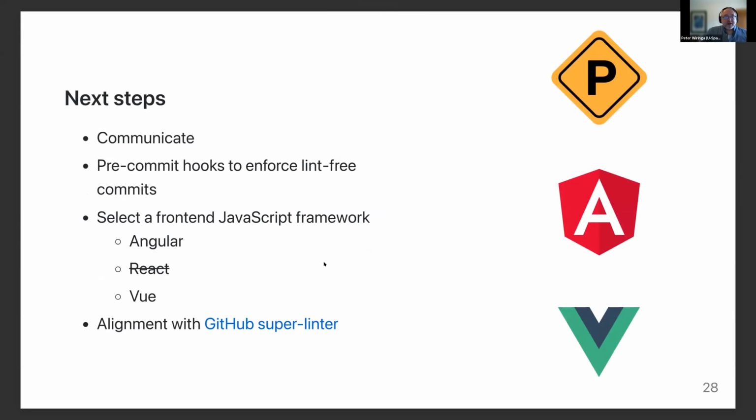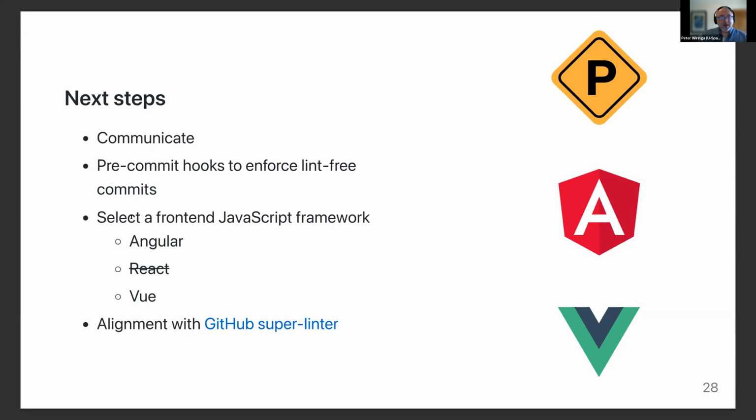So next steps, continue to communicate. Other things we're looking at, pre-commit hooks. So all these linters, and they're nagging us, right? But they're not telling us, or they're not forcing us to fix things. There's a way, with pre-commit hooks, to force you to make these changes before you can commit your code